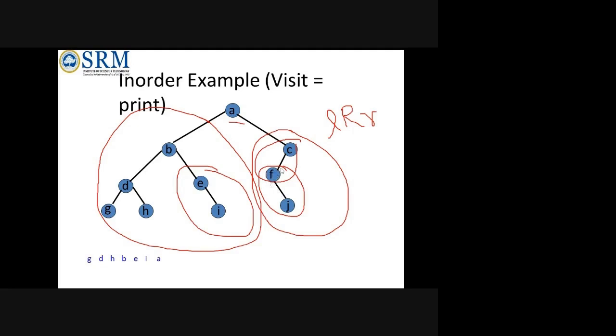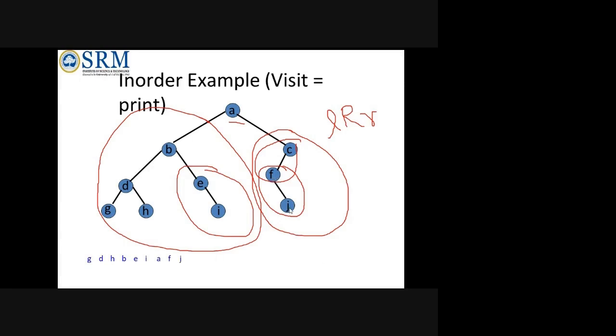But when it comes to know that F is having a child itself, then it will see that according to in-order, it will become a subtree now. F and J will become a subtree. When it becomes a subtree, it will see whether it is having a left. No left node, right? There is no left node for F. So it will print your next root. What is the root for this subtree? F is the root. So F will be printed.